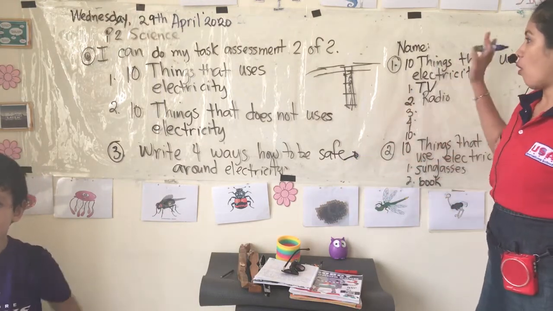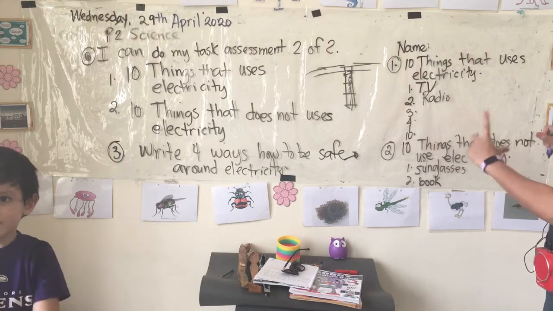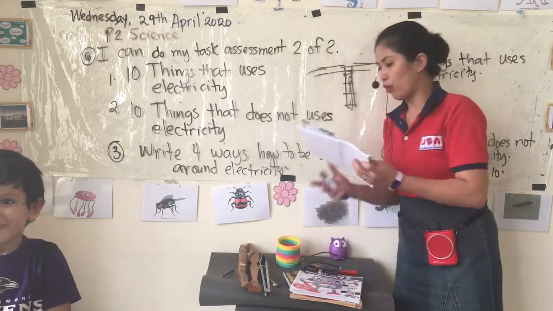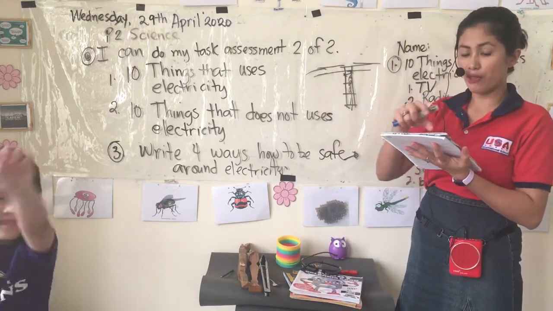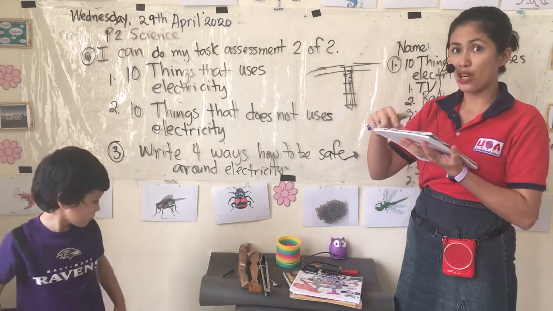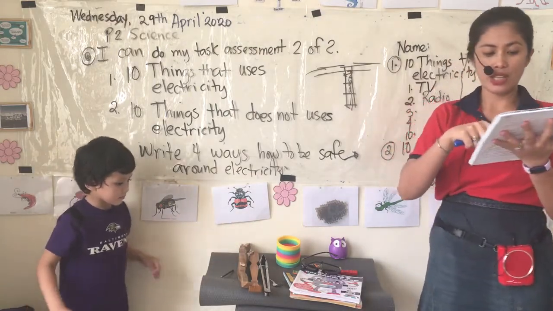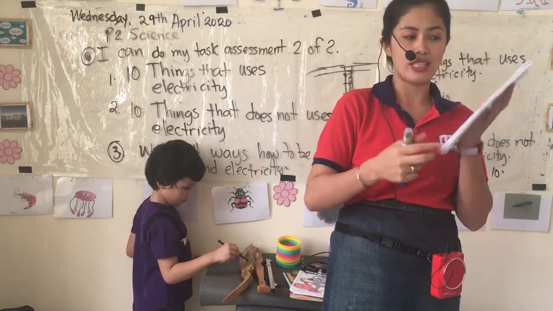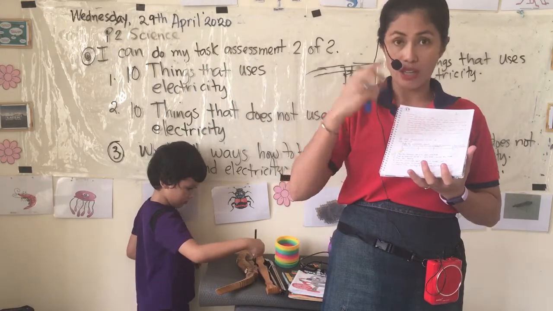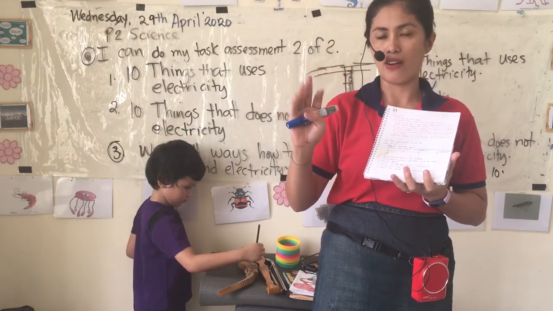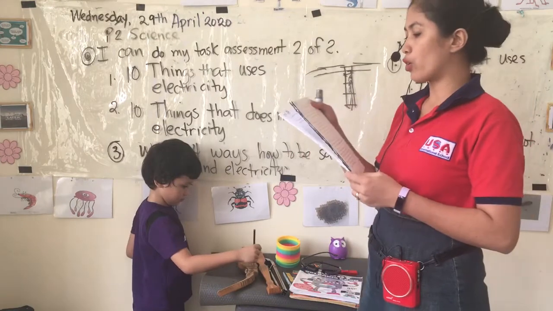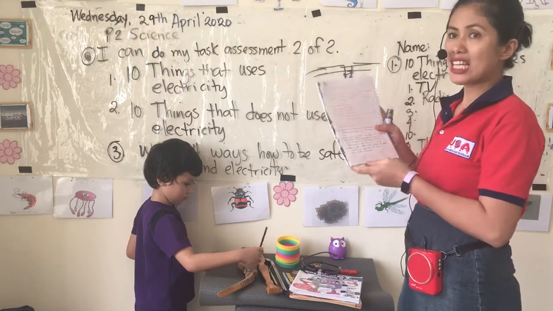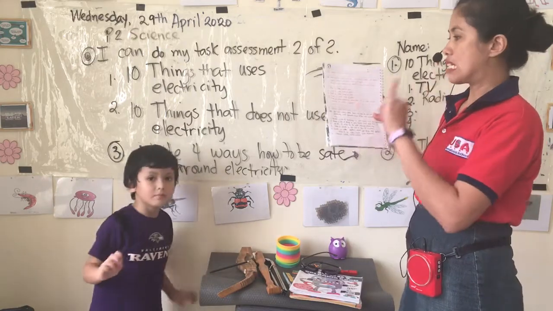After you write all your answers, you are going to take a picture of your answers. For example, you have already written all your answers for things that use electricity, and then here, 10 things that do not use electricity. And then here, you're going to write 4 ways on how to be safe around electricity. So in your video, you are going to read. For example, the 10 things that use electricity are TV,